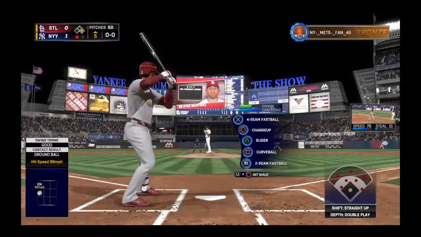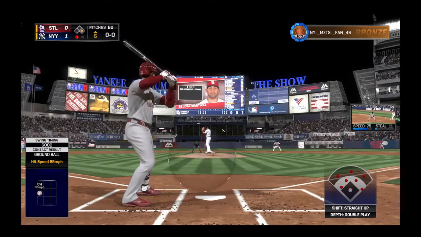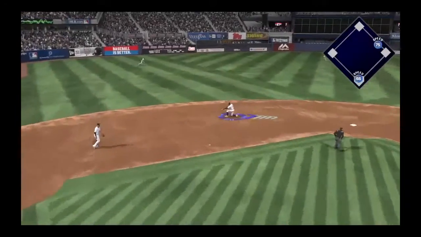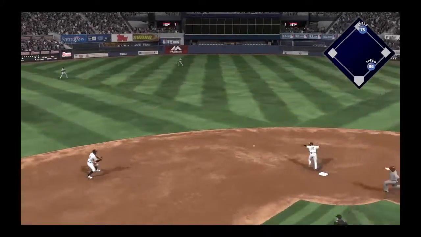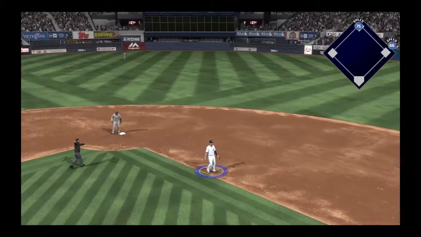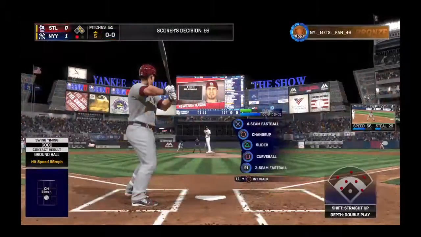Digging in for his second at-bat, Jose Martinez. He's 0 for 1 thus far. Jose Martinez hits a ground ball out to short. Gregorius with a sliding stop, a great stab, but this will be scored a base hit as the hitter reaches first